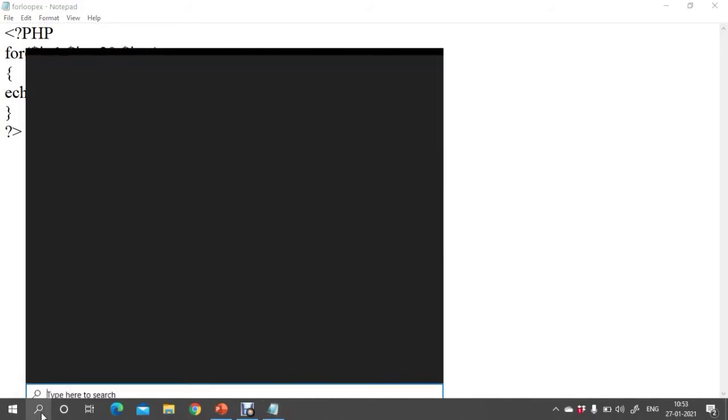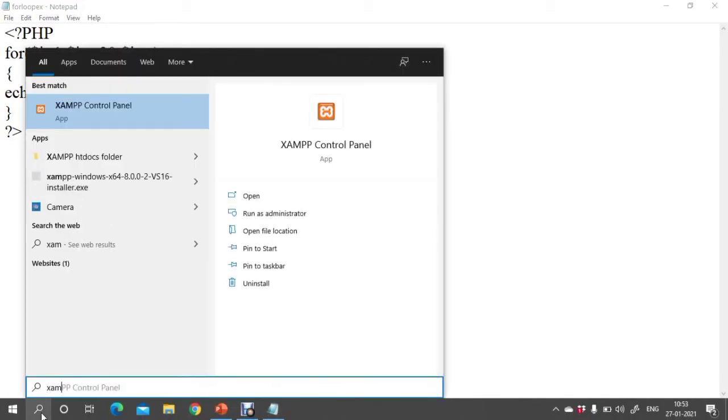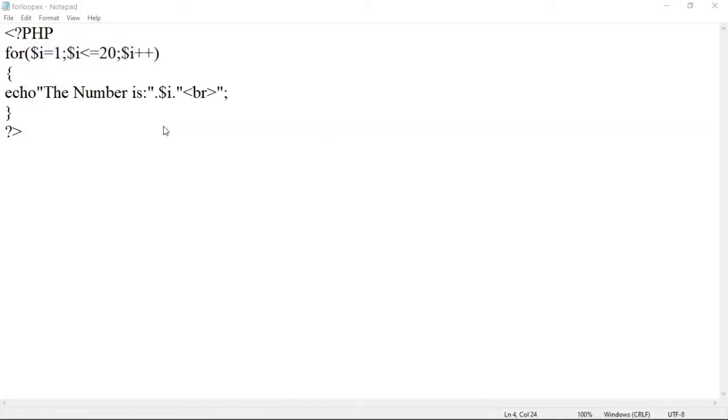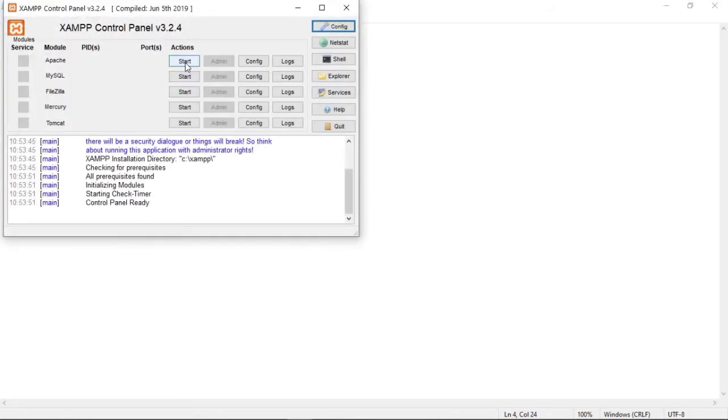First of all, let us open the XAMPP control panel, and from that start the Apache server. Here, start Apache server. Check the status, it is running.